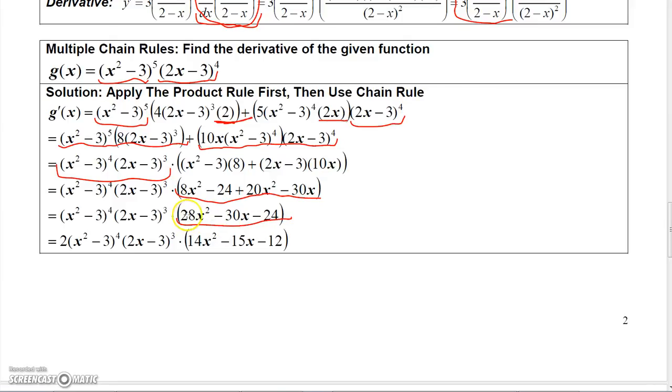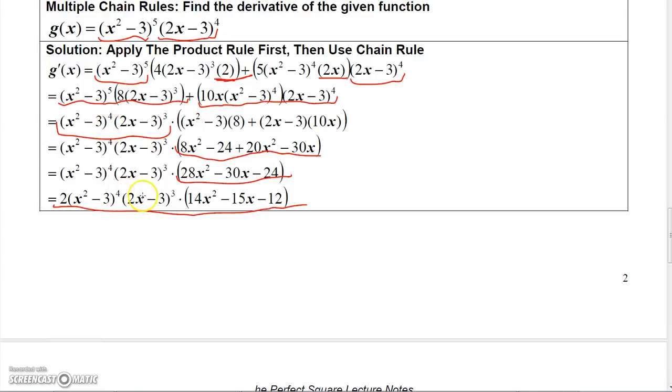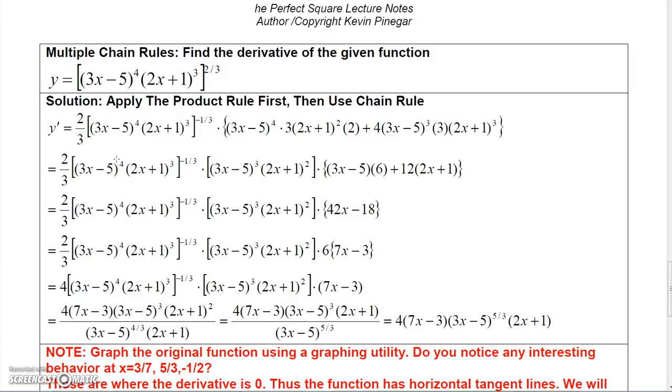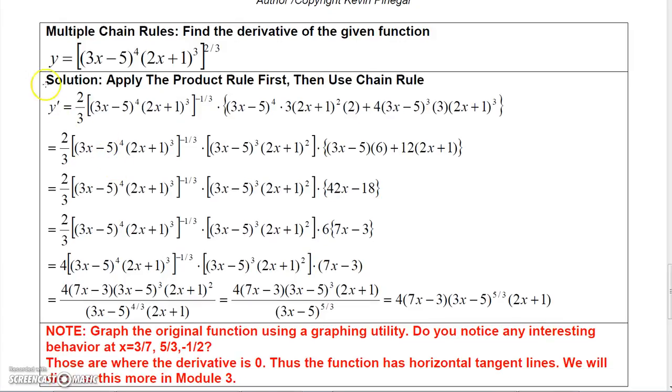And then I also could factor a 2 out of this trinomial, and I put it out here, and then it left me with 2 times these 3 factors, (x² − 3) to the 4th, (2x − 3) cubed times (14x² − 15x − 12). And then once I get it in that form, if I wanted the zeros, I could easily get the zeros of it. I'll let you freeze the video and work on this one a bit, and then when you're done,